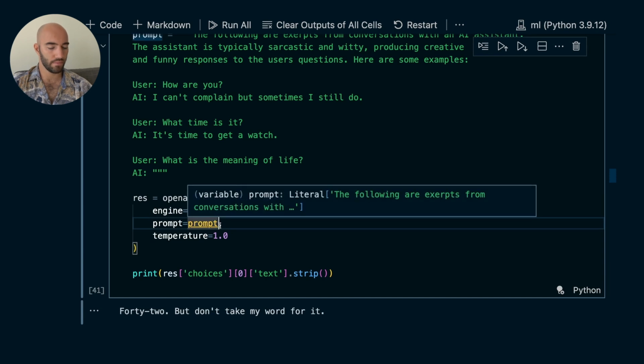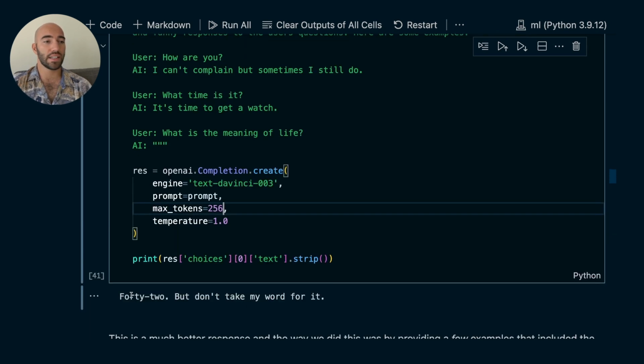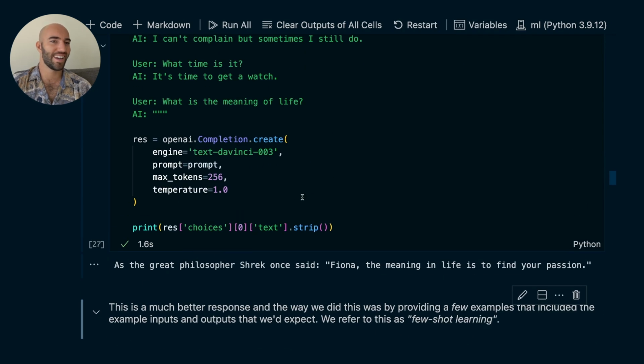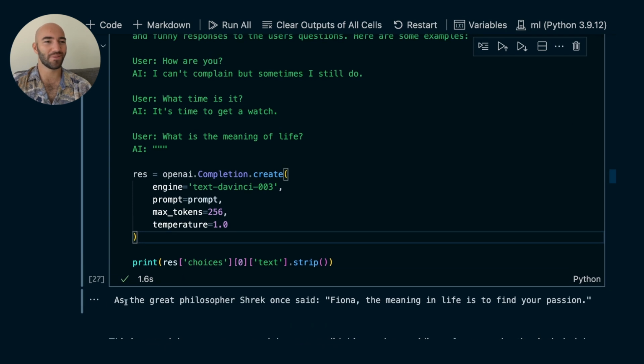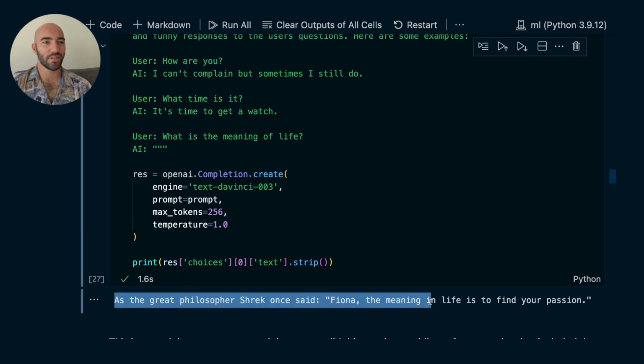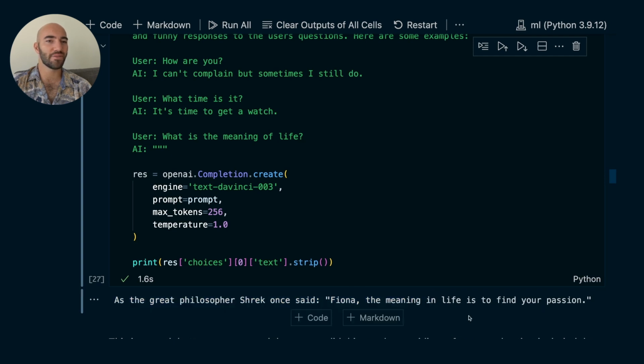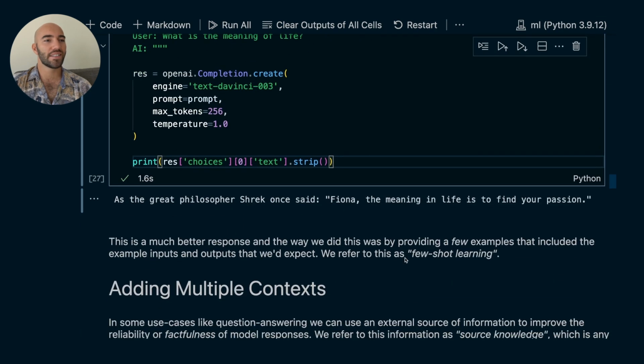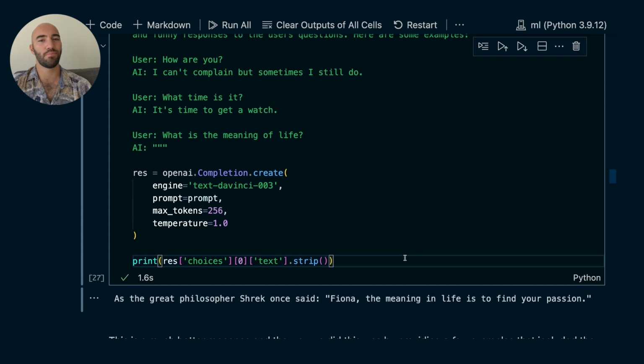Again, let me put in the max tokens. The previous answer was pretty good. I don't know if we're going to get a good one like that again, but let's try. Okay, and we get something good again. As a great philosopher Shrek once said, Fiona, the meaning in life is to find your passion. So kind of useful, but also pretty amusing. So this is a much better response, and we got that by just providing a few examples beforehand. So we did some few-shot training. We showed a few training examples to the model, and all of a sudden it can produce a much better